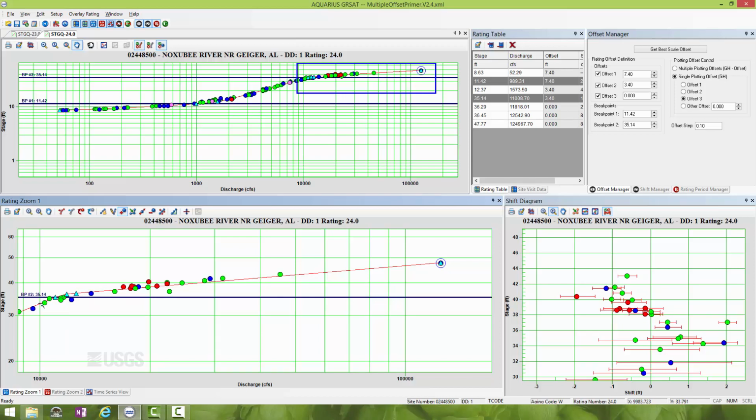I'm going to put another point in here just for fun, just to illustrate that. But typically what you're going to have to do when the rating's all done is put a nice smooth curve in here with a series of input points. So I mentioned earlier that typically you don't have much definition at this upper high end overbank section of the rating,